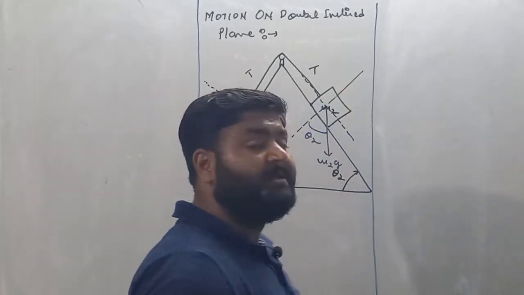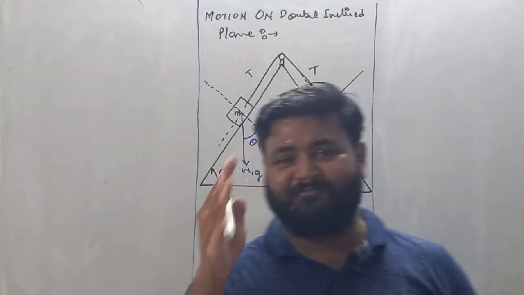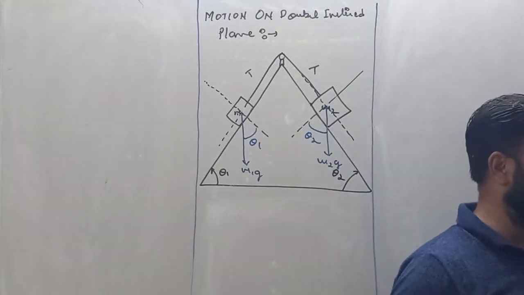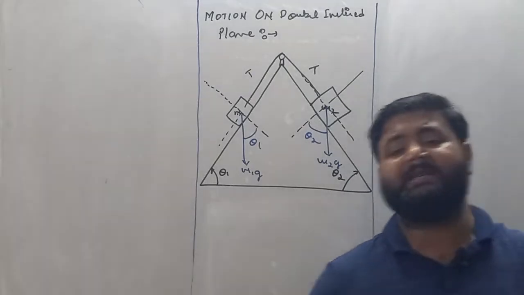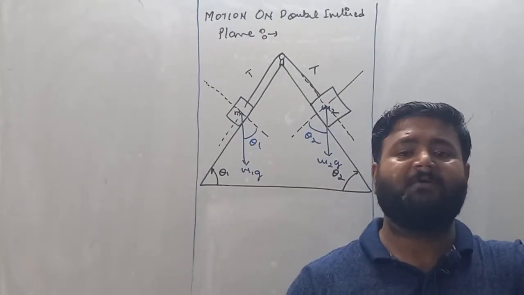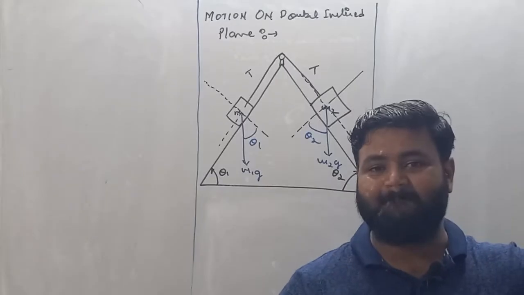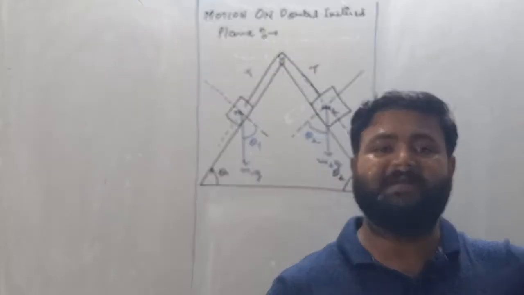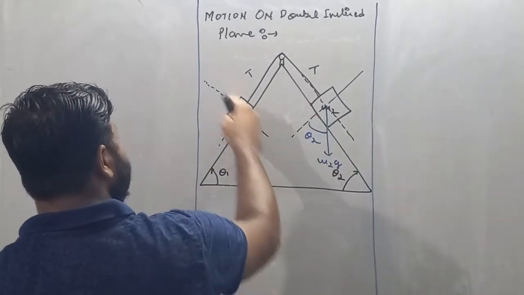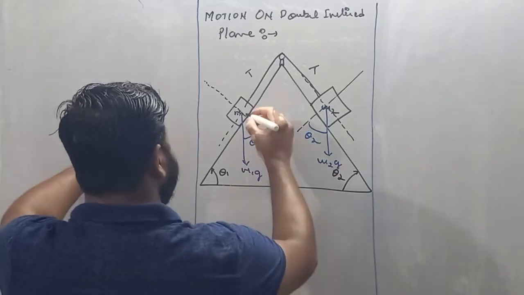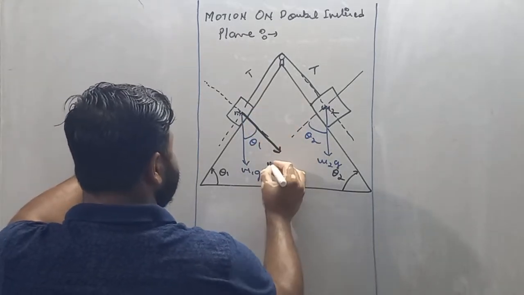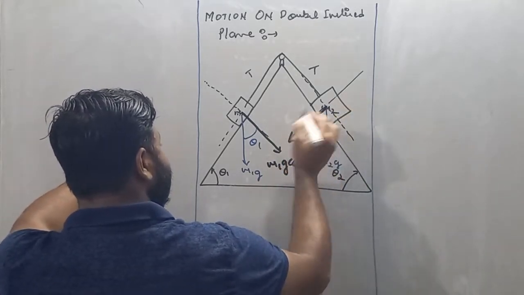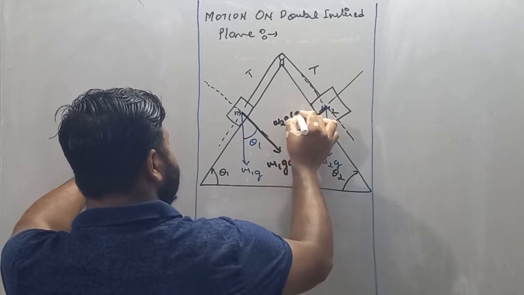So my dear student, as we all know, weight is a force and force is a vector quantity. So if any vector quantity makes some angle, then we have to split it into components. For any vector, two components form, one is cos and the other is sine. The cos component always lies along that axis from where we make the angle. So see, this theta 1 is with this line, so the cos component must lie along this axis. So it is m1g cos theta 1. Similarly, along this axis it is m2g cos theta 2.